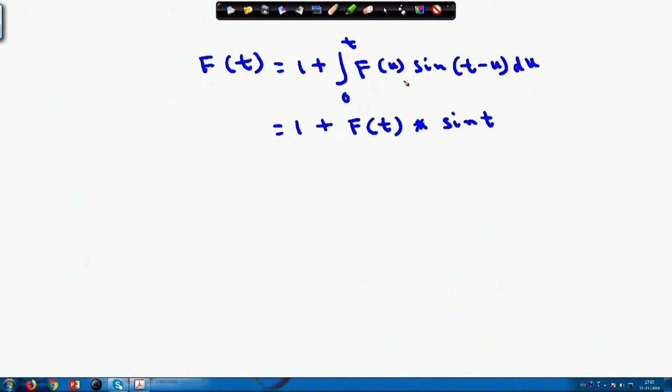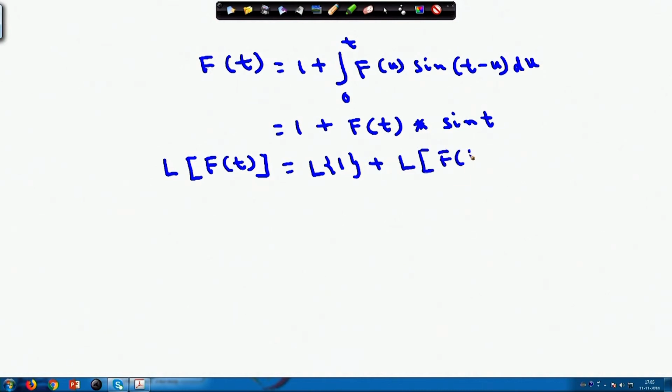This is your f(u), this is sin(t minus u). So, from the property of the integral, we can write it as f(t) convolution sin t. Now, take the Laplace transform on both sides of the given equation. So, you can write down the Laplace transform of 1 plus the Laplace transform of f(t) convolution sin t,